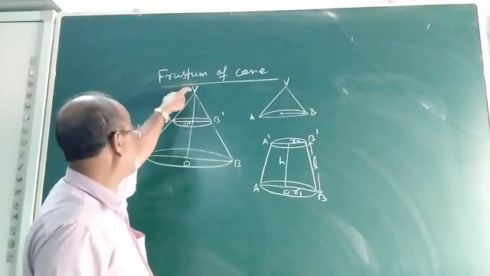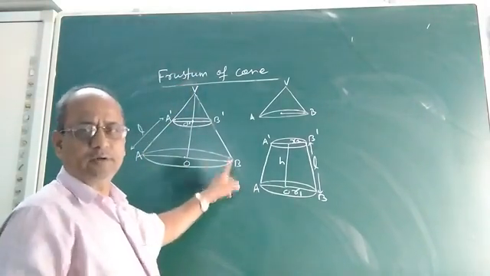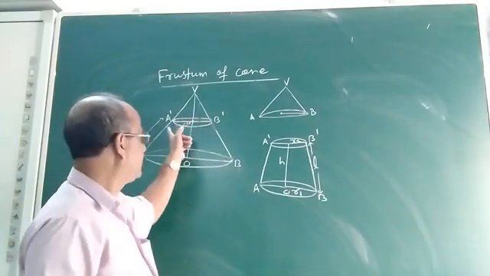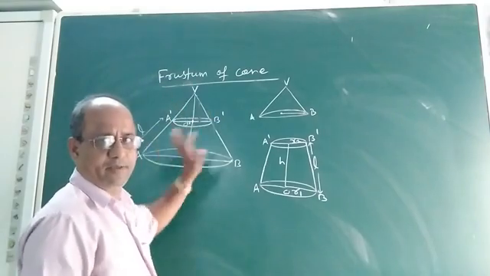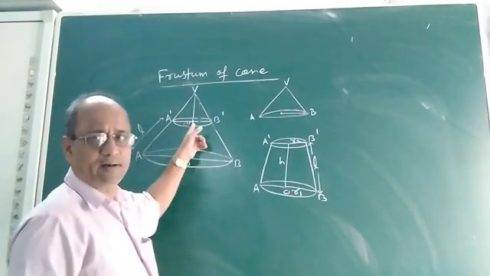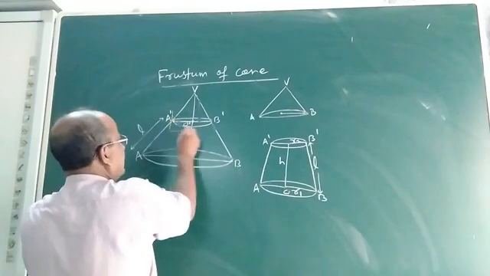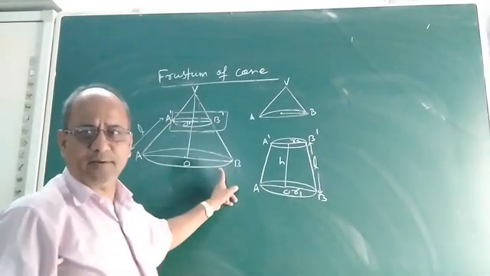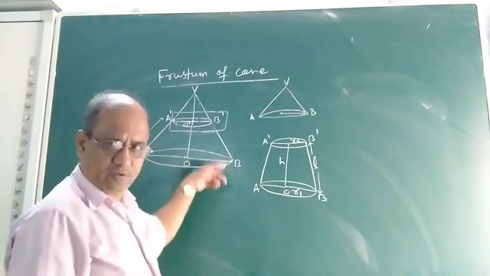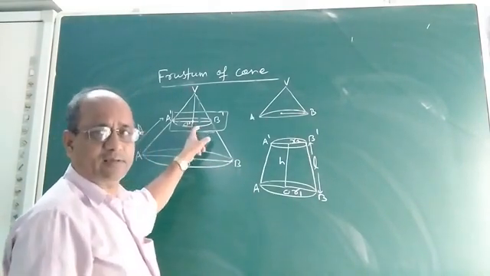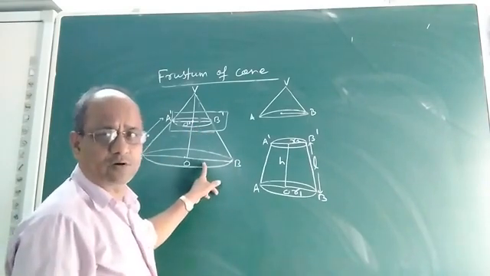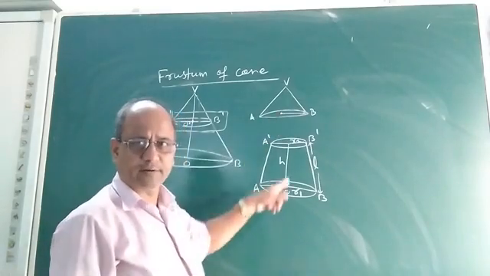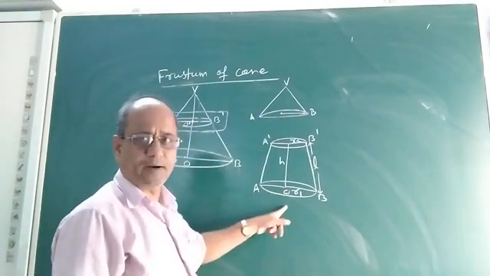Suppose you are given a cone, say VAB. Now from this cone, if a plane is cut from the middle, parallel to the base of the cone, see, this is the base of the cone, which is a circle. Then what will happen? Then this cone will be divided into two parts. Look at the two different parts.